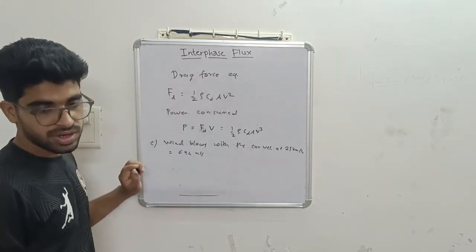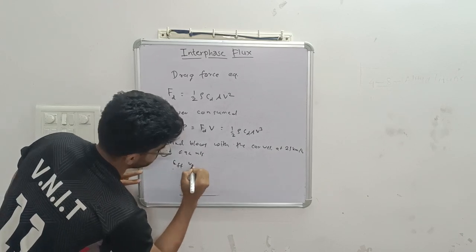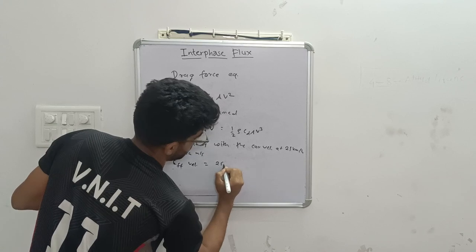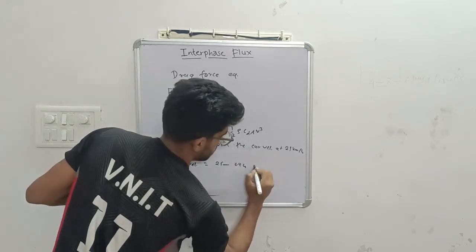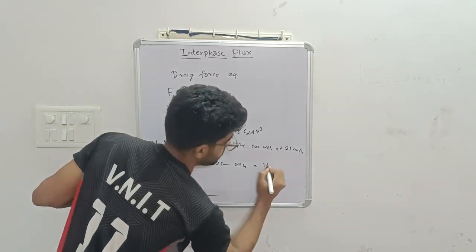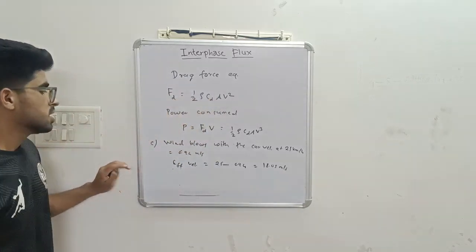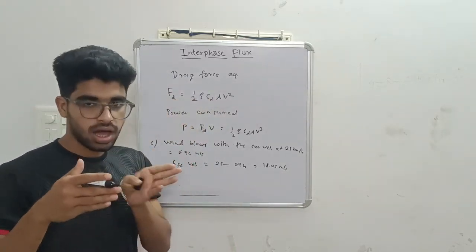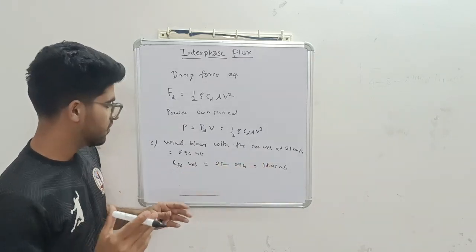Here the effective velocity will be 25 minus 6.92, and our resulting velocity will be 18. Basically, the car goes in this direction and the wind also goes in this direction, and our effective velocity is